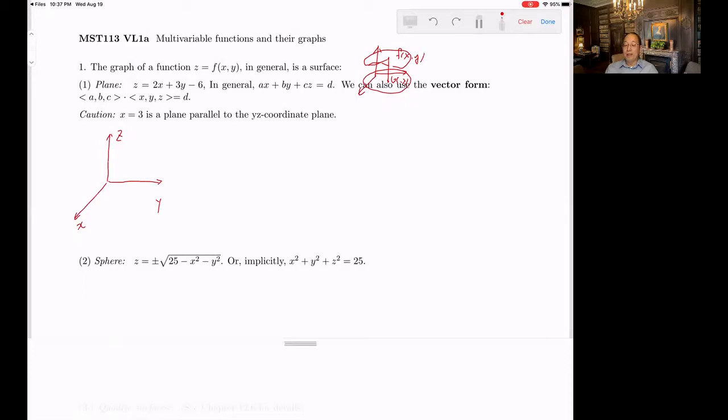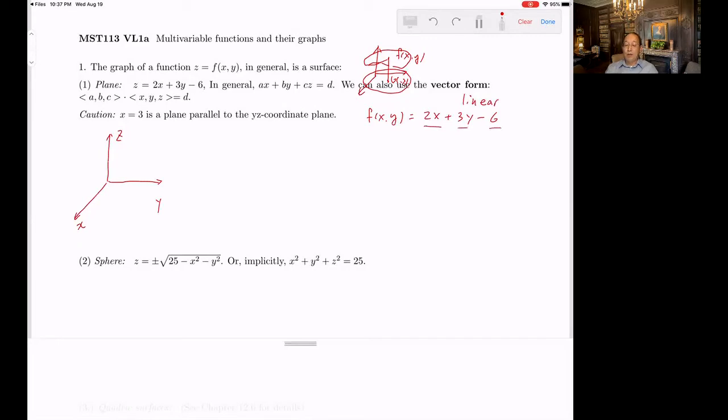But we are not going to go that complicated. Let's try to look at a simple one. Say we have f of x, y, two variables, and it's going to be 2x plus 3y minus 6. This is linear, so-called linear,